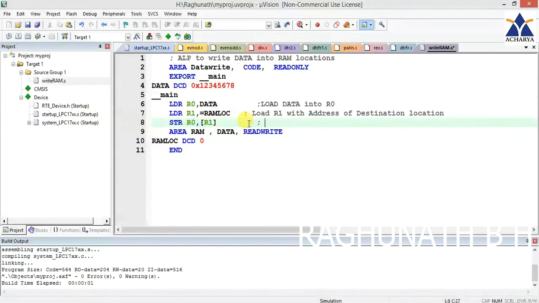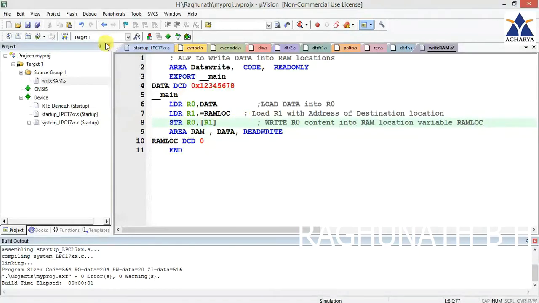So this type of instruction we already did so many times. So this is a separate program. In the exam nobody is going to ask you this program, because we are going to use it in other programs only. So this is nothing but write R0 content into the RAM location, the variable which is a RAM location. It is a label given to that.